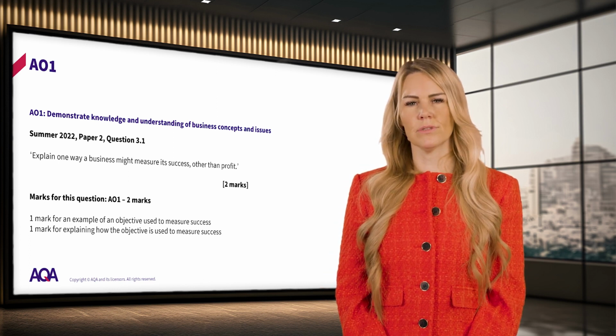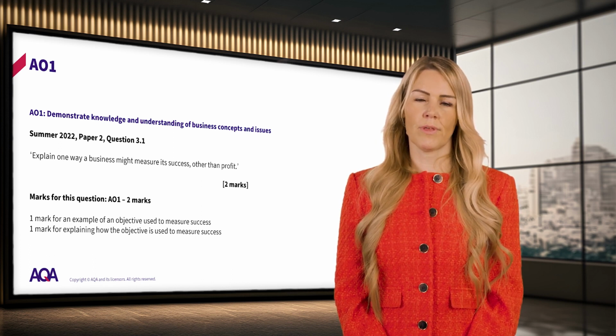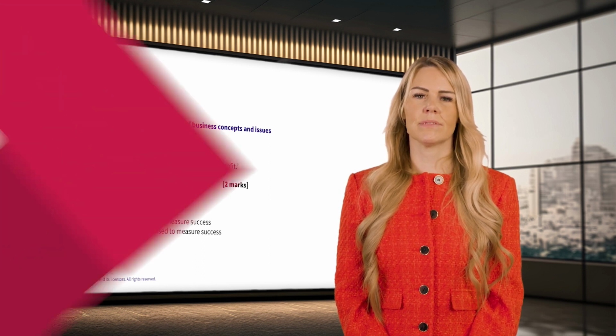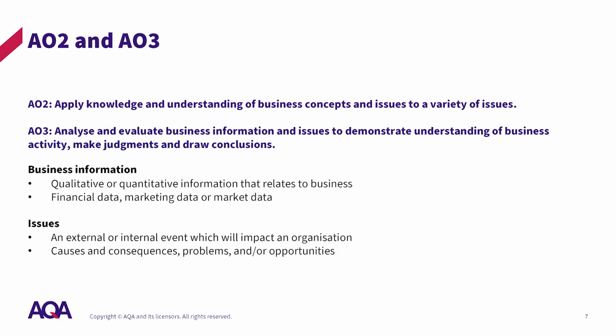Most low-tariff questions, such as those worth 2 marks and the 4-mark question in Section A, will award both AO1A and AO1B marks. An example of this type of question can be seen here. If we look at the mark scheme, we can see that 1 mark is awarded for knowledge of an objective, for example, market share or customer satisfaction, and the 2nd mark is awarded for demonstrating understanding. It is typical that in order to demonstrate understanding of AO1B, students must first provide AO1A knowledge and should be rewarded for this knowledge. AO2 is a single element